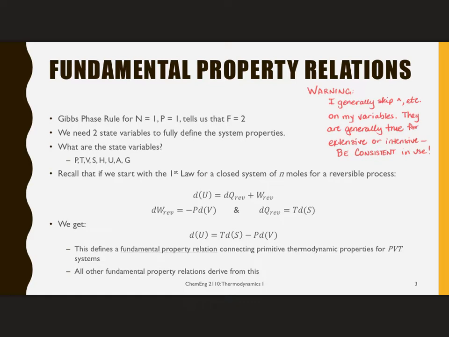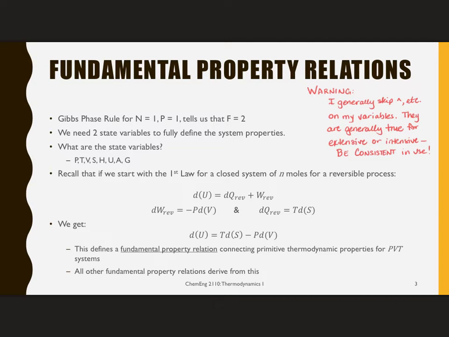Now, let's go back also to the first law. If I'm looking at a closed system and have negligible changes in kinetic and potential energy, then dU is dQ plus dW, and I've subscripted these with reversible because at the moment that's what I'm looking at. And work reversible for a closed system is negative P dV, and reversible heat transfer is T dS. And so therefore I can convert this first law for a very specific process to dU equals T dS minus